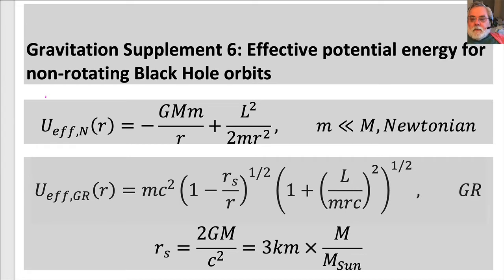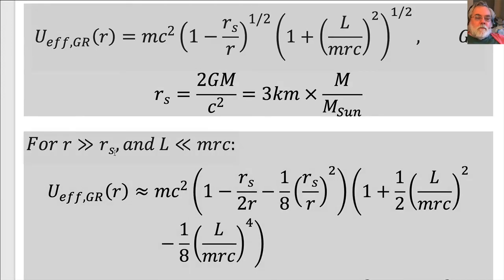This general relativity effective potential energy is the product of three terms, whereas the Newtonian effective potential energy is the sum of two terms. Let's see that the general relativity version reduces to the Newtonian version plus the rest mass energy when the distance is much larger than the Schwarzschild radius and the angular momentum is much smaller than the denominator, mrc. So for orbital velocities much smaller than the speed of light. So for those conditions,